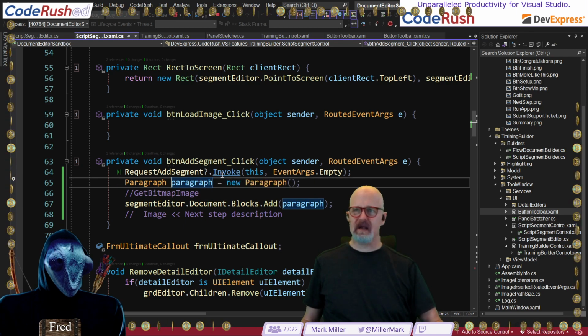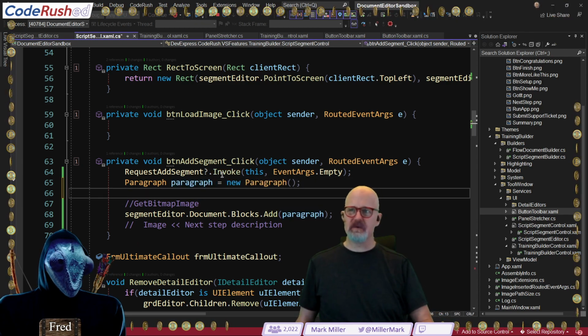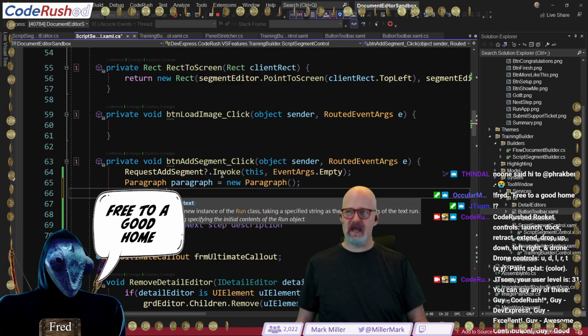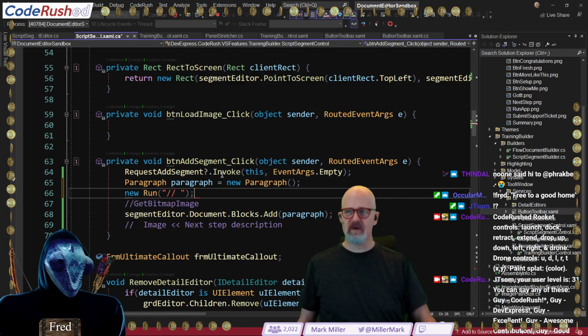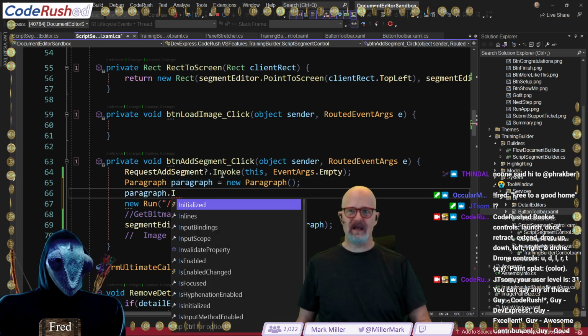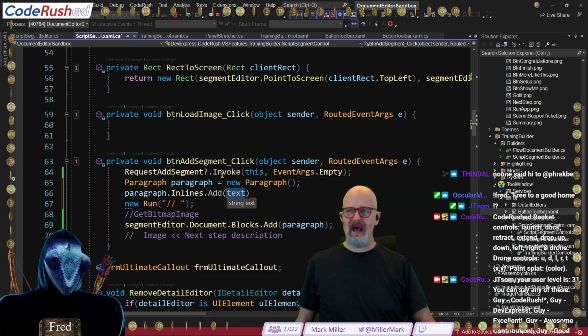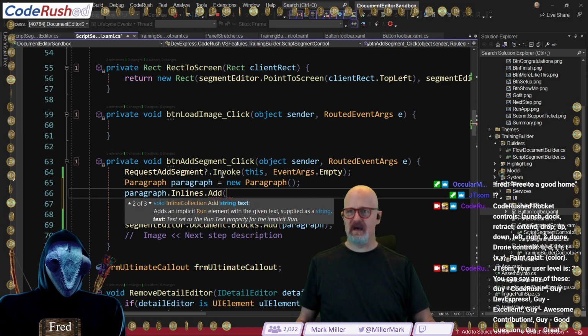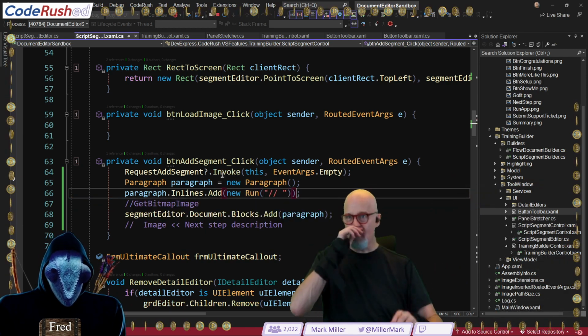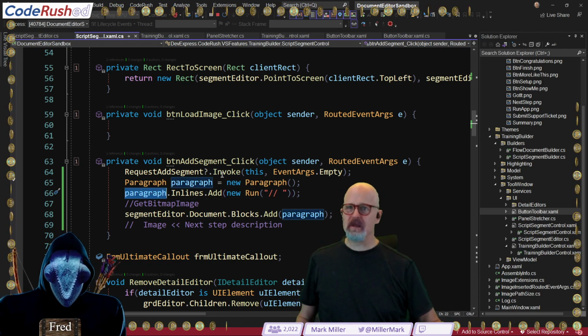Let's figure this out again. New paragraph is there. We need, inside of this, a new run, I think. And the run is going to be at the start of the text. And I think we're going to say paragraph.inlines.add. And we're going to pass in the results of this new run. So that gets us halfway there, or maybe a third of the way there.